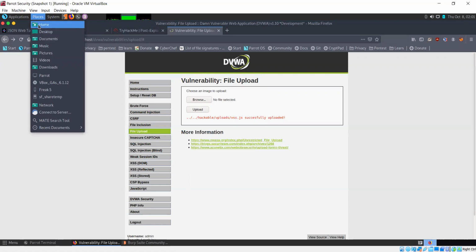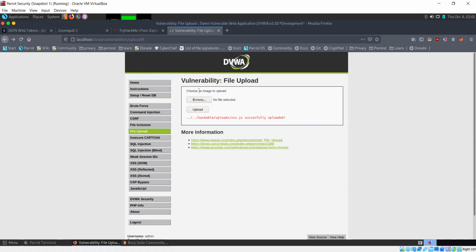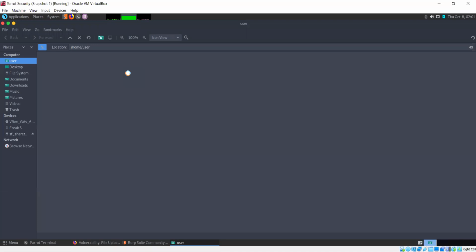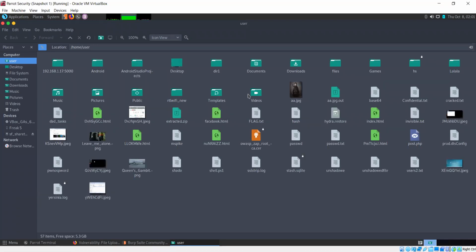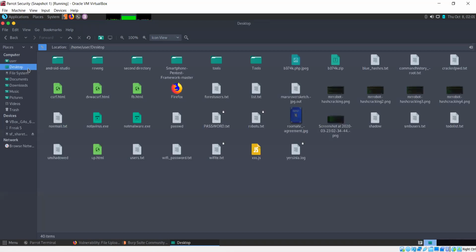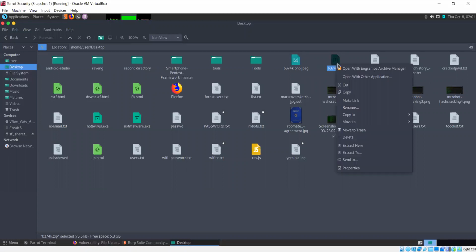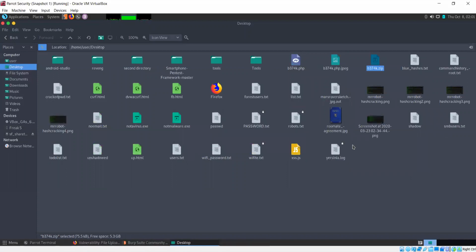First we need to go to the home directory, and okay, desktop perhaps. Now there is this popular web shell known as B374K, and I'm going to be using that.